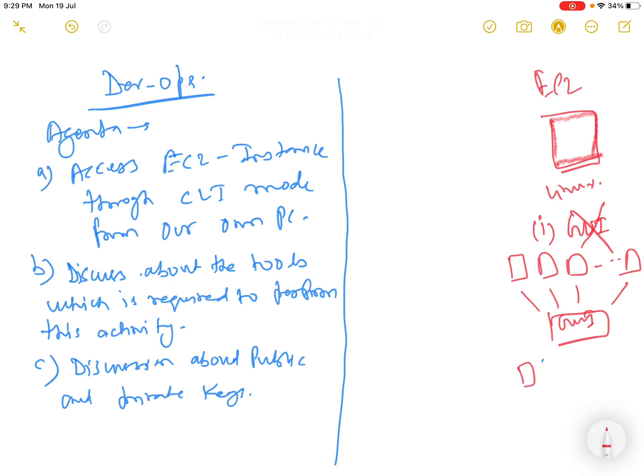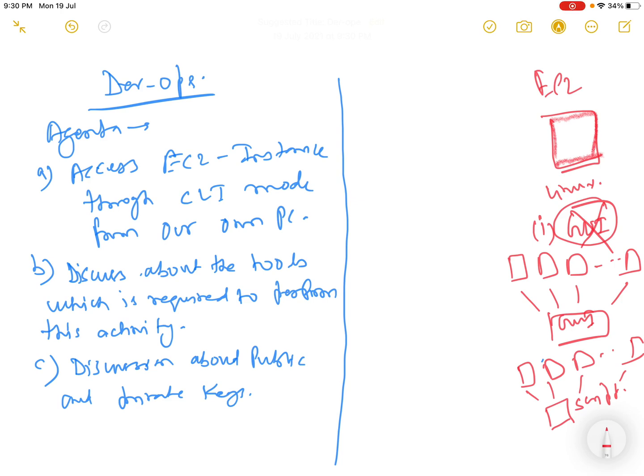What exactly are they doing for provisioning these kinds of things? They usually run a script which will deploy everything. It means we don't have to use the GUI.